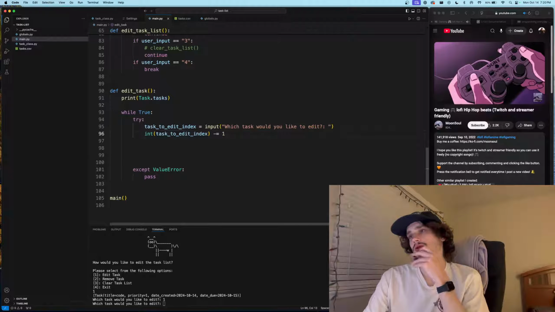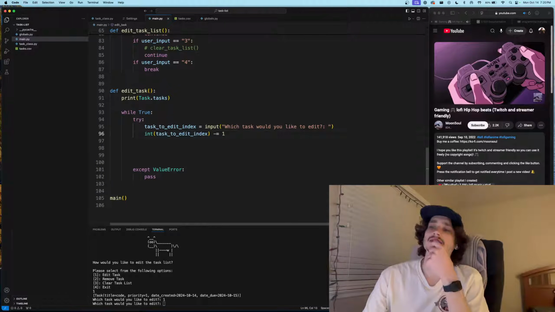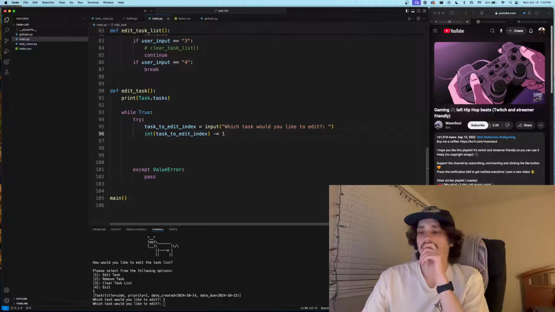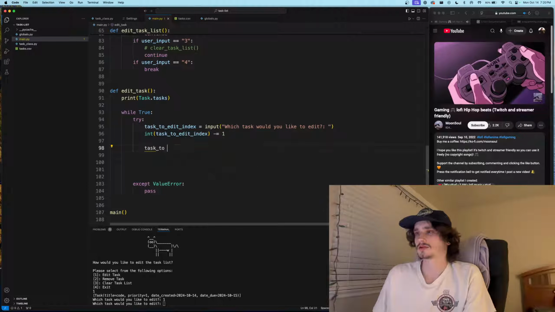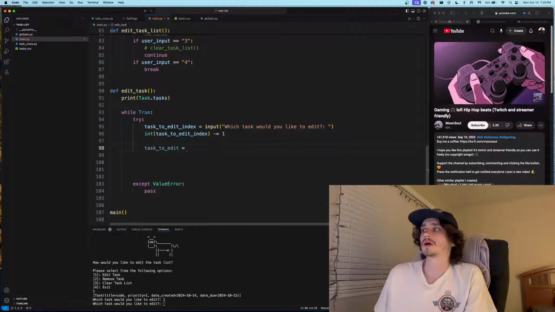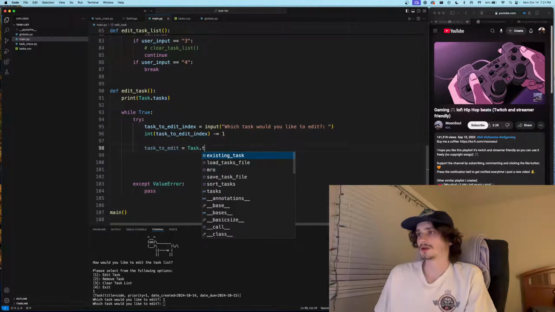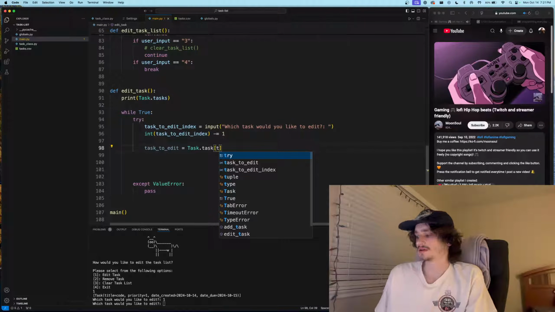We would receive the variable index, and we need to access the task list task with that index. So task to edit is equal to